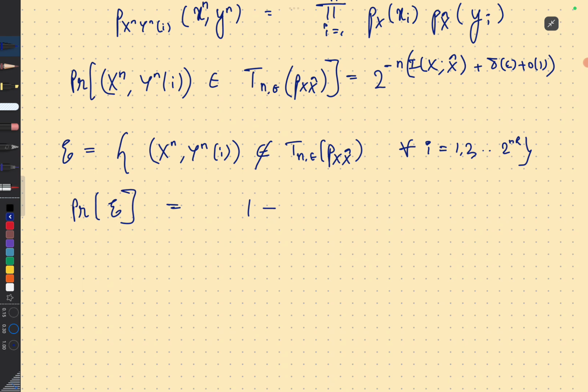So which term? 2 to the minus n. So it's basically 1 minus the probability. Let's maybe write this down. Probability that xn